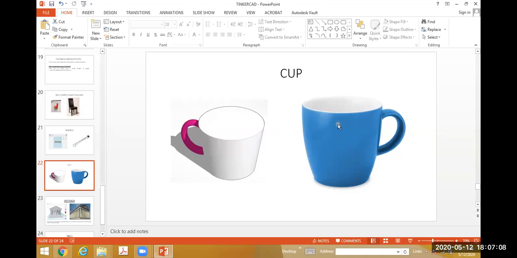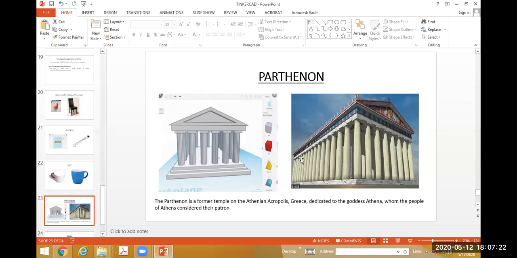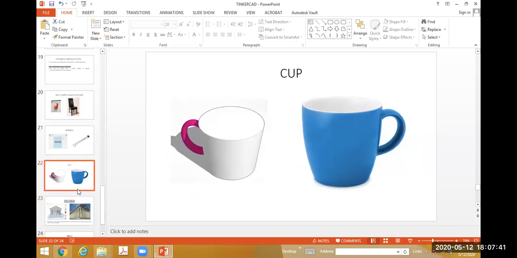The shapes used for creating the cup are paraboloid and torus. Just note it, paraboloid and torus. With the help of this paraboloid and torus, you can create the cup. Then the Parthenon, you can create with the help of shapes like cylinder, box, and roof. These 3 are the shapes. If you have knowledge, then you can try. Otherwise, I will explain these 2 examples tomorrow, cup and Parthenon.